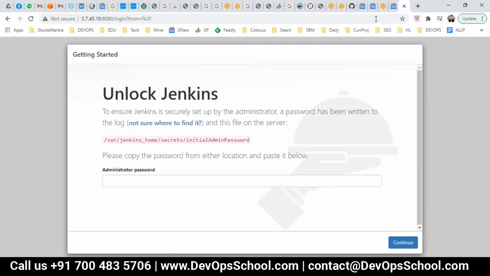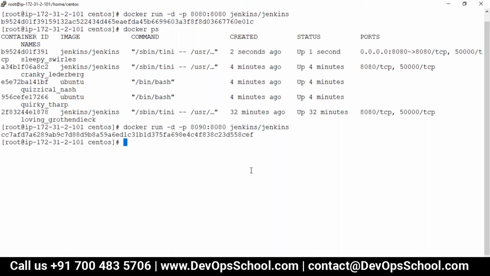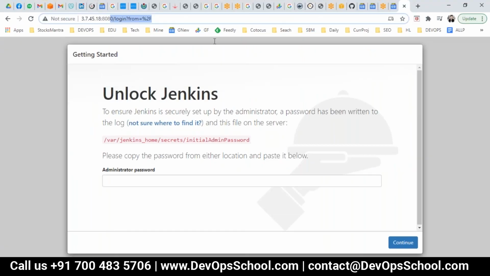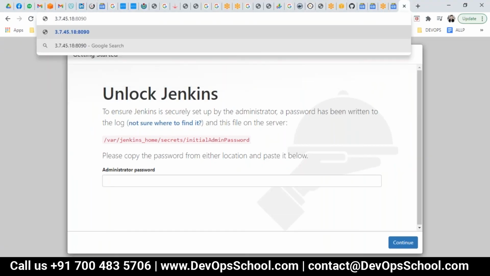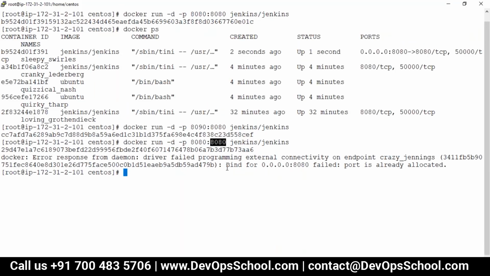See here. Now, can I create one more container like that? If you try to create the same container, it fails because the host port is already allocated. Remember, the host has one network, so you cannot reuse the port. But the internal port has to be the same. So here, 8090. So guys, this is the way you have to work with containers.